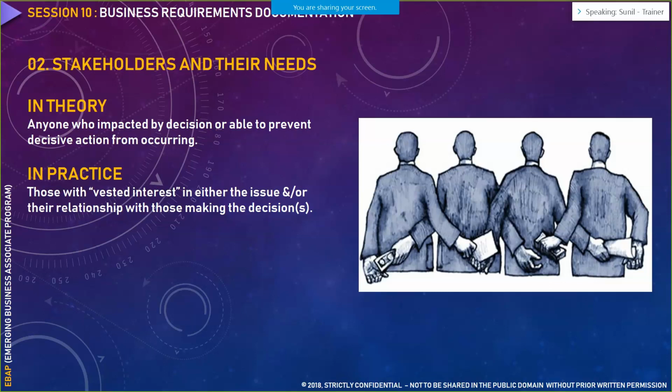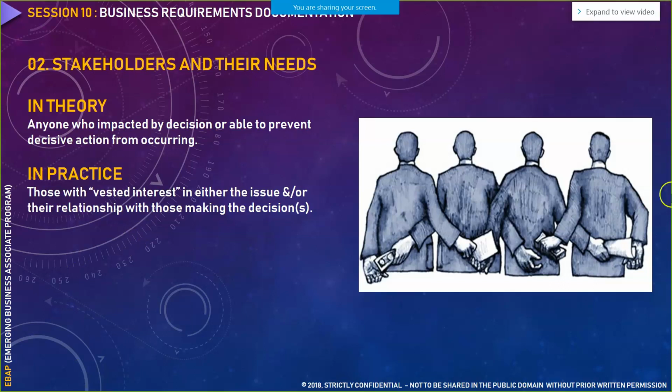Then there is category 2 type of vested interest. Category 2 is like, you give me this particular thing and I would do a favor for you. So favoritism is another kind of vested interest which a stakeholder would show in a typical project landscape. For example, you give me these two resources on loan and I would give you this much amount of productivity or effort. This is also a kind of vested interest practice that is followed in a particular project.